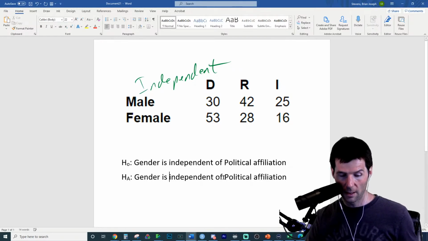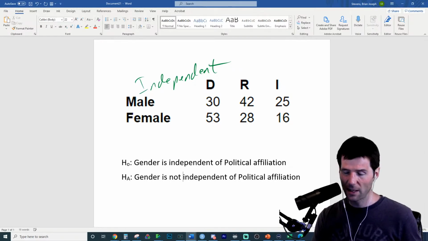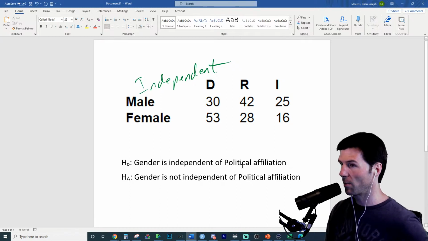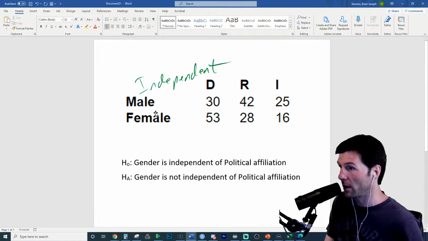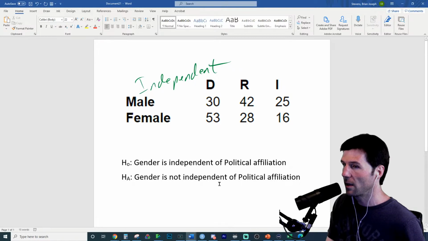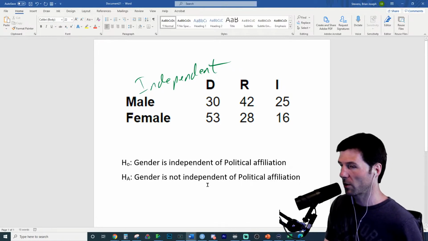Is not independent. You could say is dependent. I like to do not because it's a complement. So gender is independent of political affiliation. They're just not related. And if you know someone's gender, it would tell you nothing about the political affiliation. Gender is not independent. That doesn't mean if you know someone's gender, you know their political affiliation, but it might